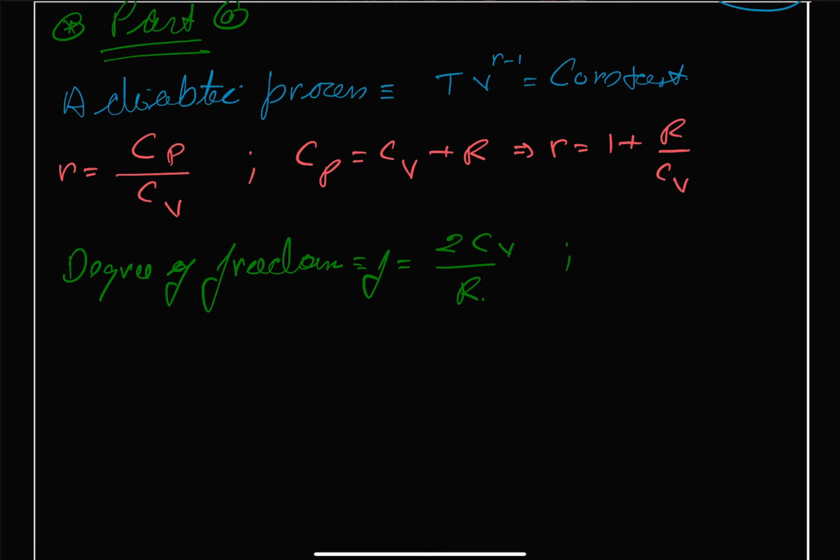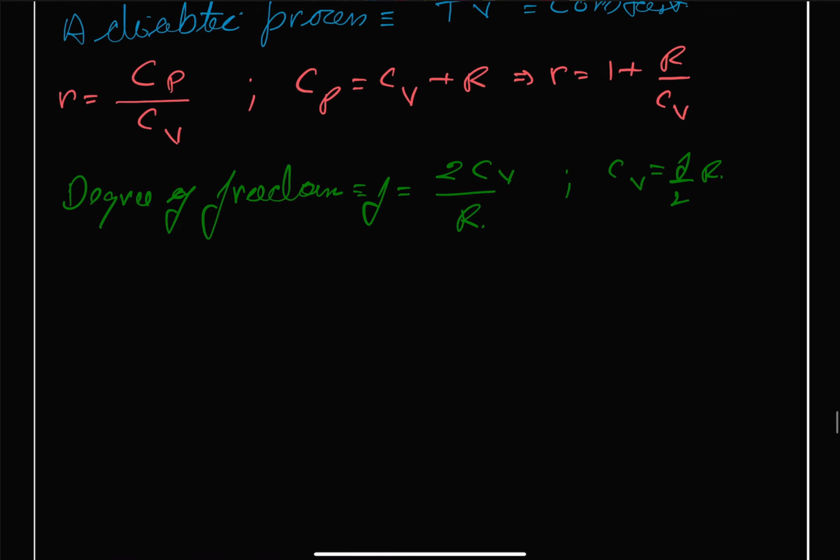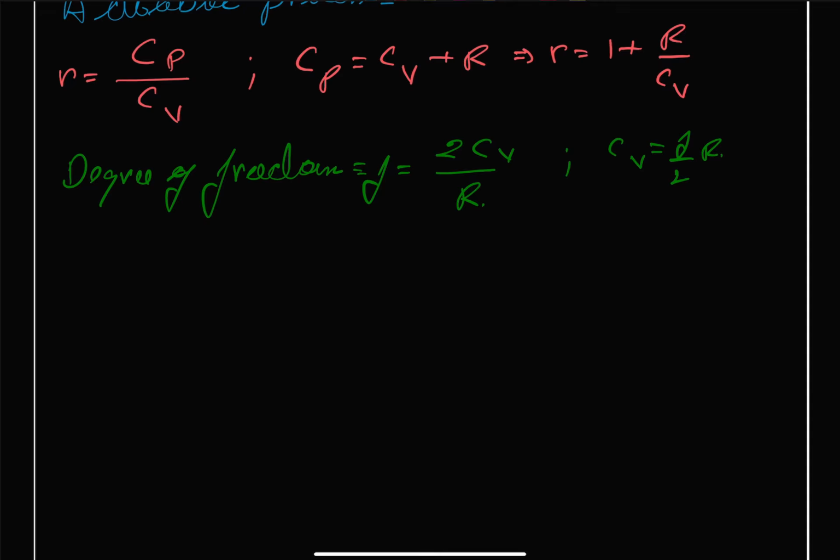Most you can say the easier one is our constant volume molar heat is equal to F upon 2 times R. Okay, so we can just reverse it. And at constant volume, we know that each degree of freedom contributes R by 2 to the specific heat at constant volume. That is a standard terminology that is used. So from here we can say that